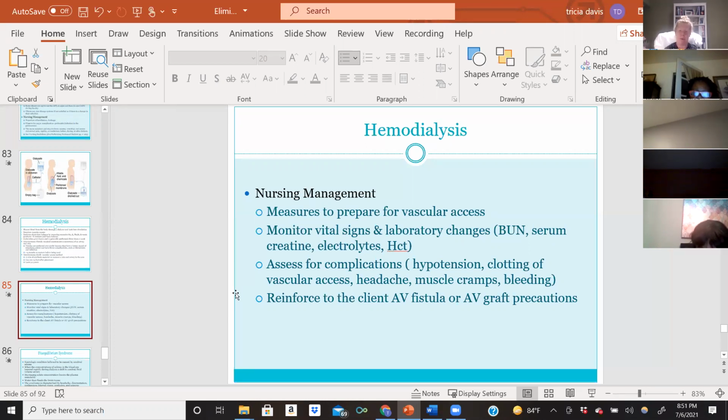So when they come back, we want to make sure that they don't have hypotension. Usually they'll call and give you a report. They'll let you know how much they took off, how the patient's doing, and what their blood pressures were. They usually take about 3 or 4 blood pressures before they send them back to you to make sure they're